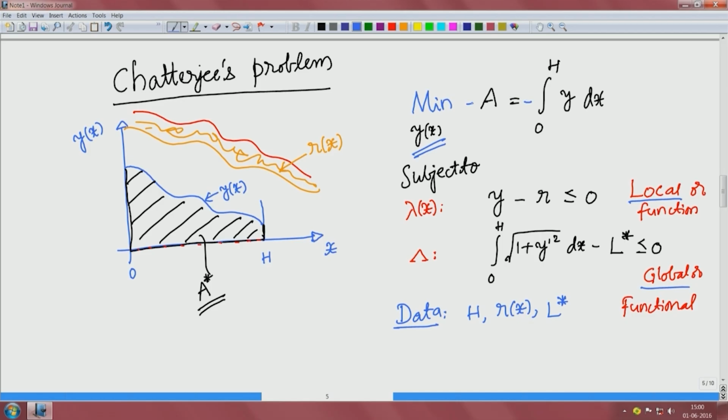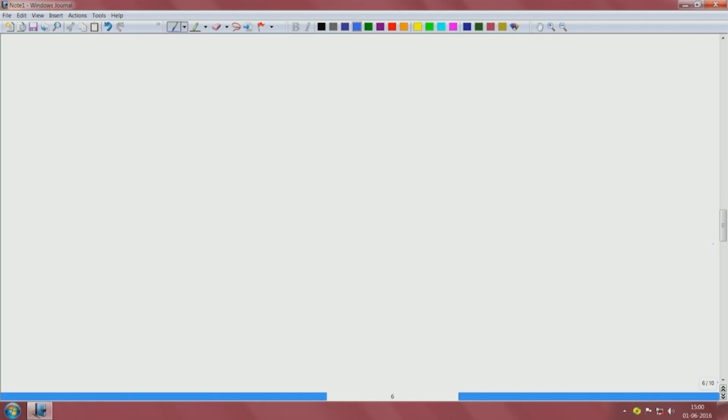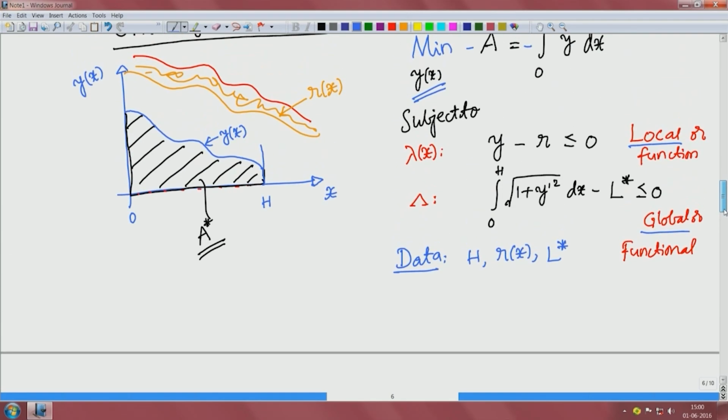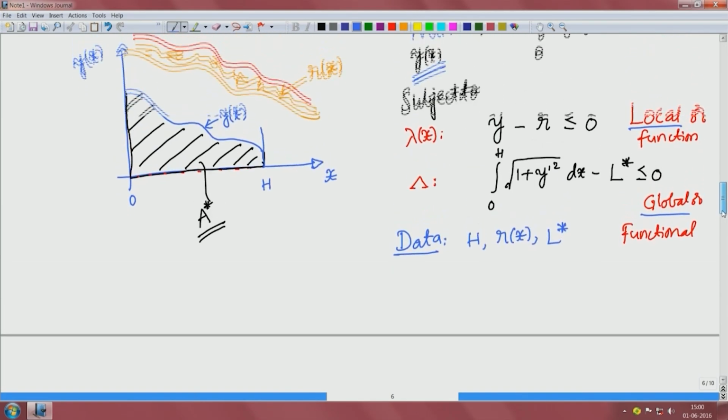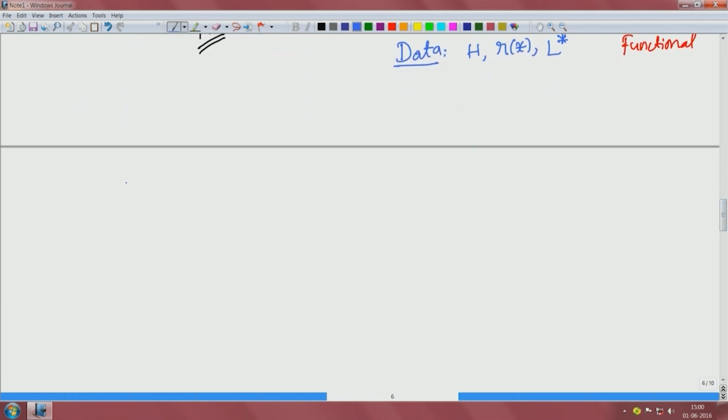Okay. Minimizing negative area is equivalent to maximizing positive area. So, our problem now becomes, again to have continuity, right. So, we have that. We would write the problem: minimize minus integral y dx, that is the area enclosed from 0 to h. Our unknown function is y of x,